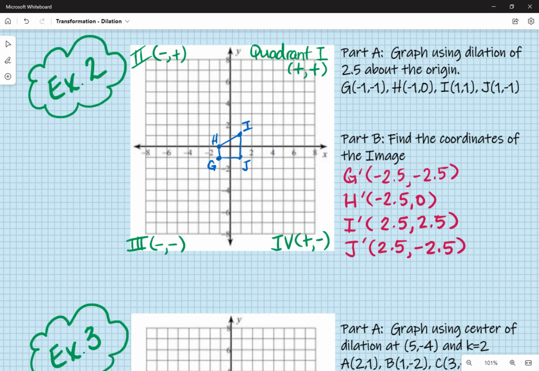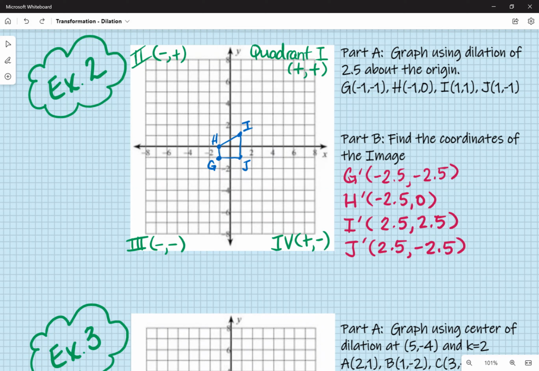So again, if you're trying to figure out where I'm getting this information from, I am taking my original or my pre-image X and my Y, and I'm multiplying it times the scale factor. The scale factor is 2.5. So for J, 2.5 times 1, 2.5. 2.5 times -1, -2.5. So that's all I was doing. If you wanted to verify that that is in fact correct, you want to double check by, well, first let's plot those points. So another way that you can do it is you can count out